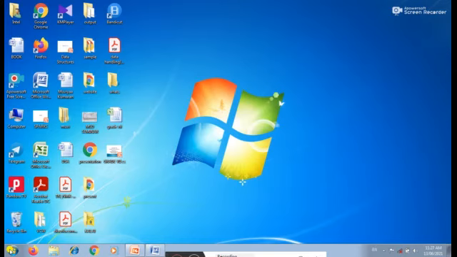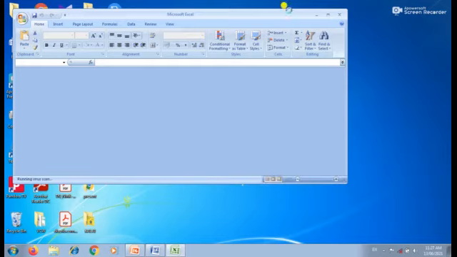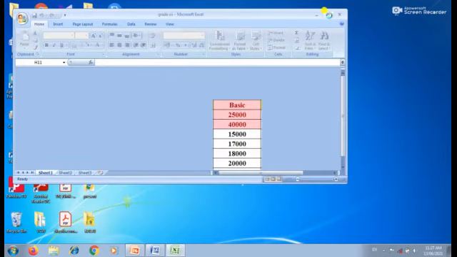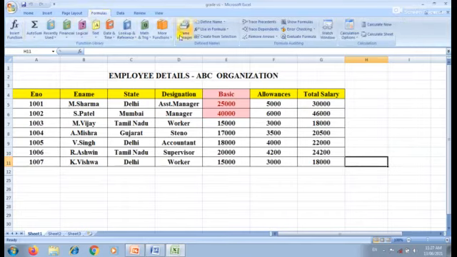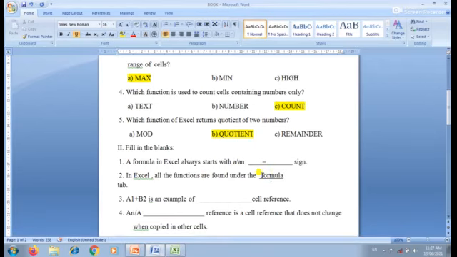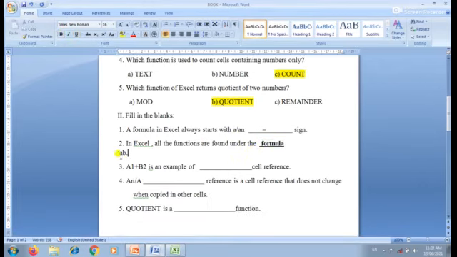Okay, I will show you. See here. I'm going to open Excel. When you click this formula tab, it contains many functions. So all the functions of MS Excel are under which tab?